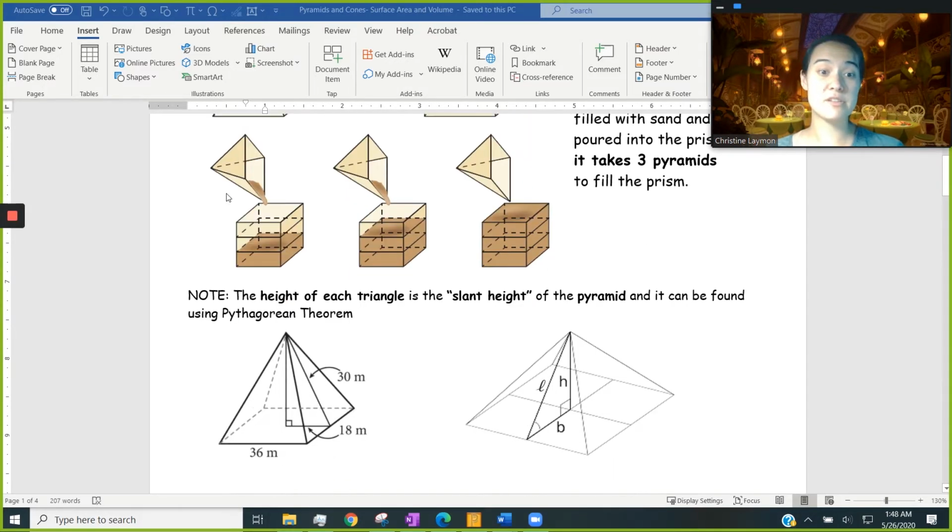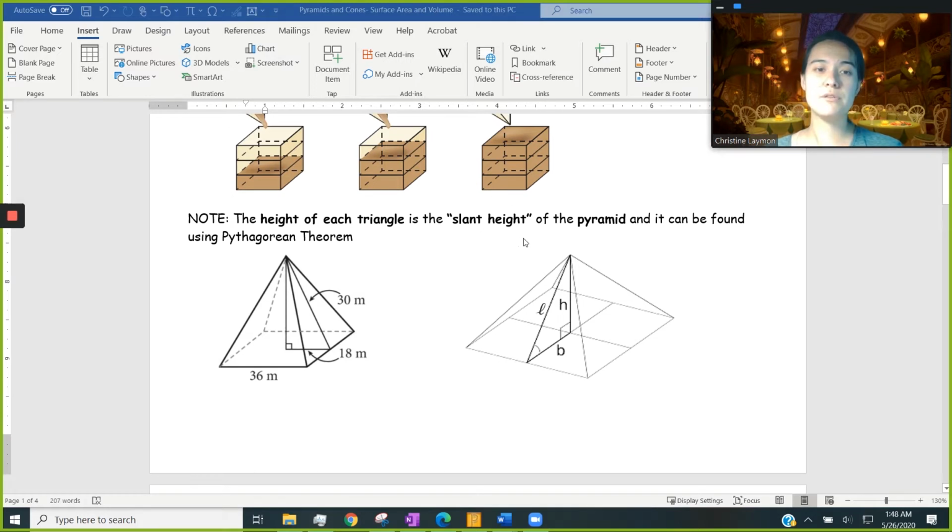Now, there are some things to note. Notice here that if I want to find the area of those sides, I'm going to have to find the slant height. In other words, when I find the area of a triangle, I need the height of the triangle. But this up and down height h, that's the height of the pyramid. Instead, I want L. Now, this slant height L is automatically going to be perpendicular to the length of this base. So if I can find that slant height, then I'll be able to find the area of each individual